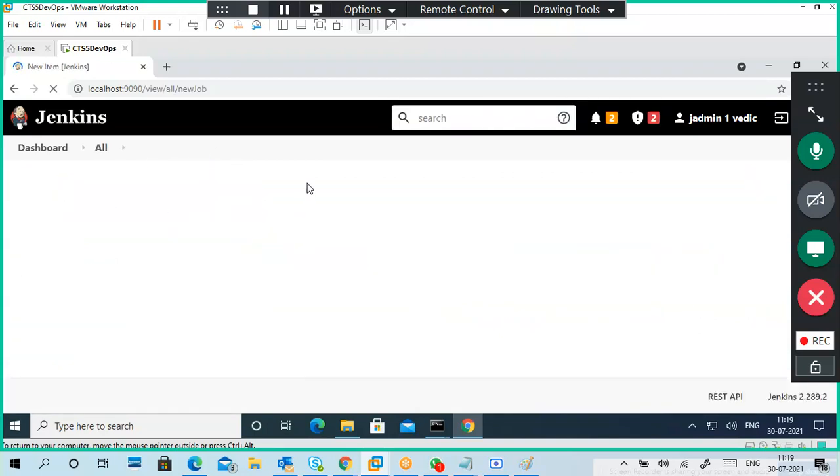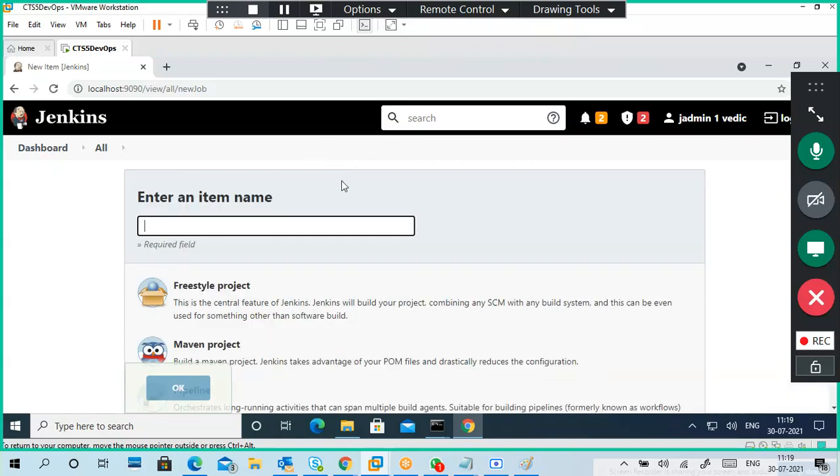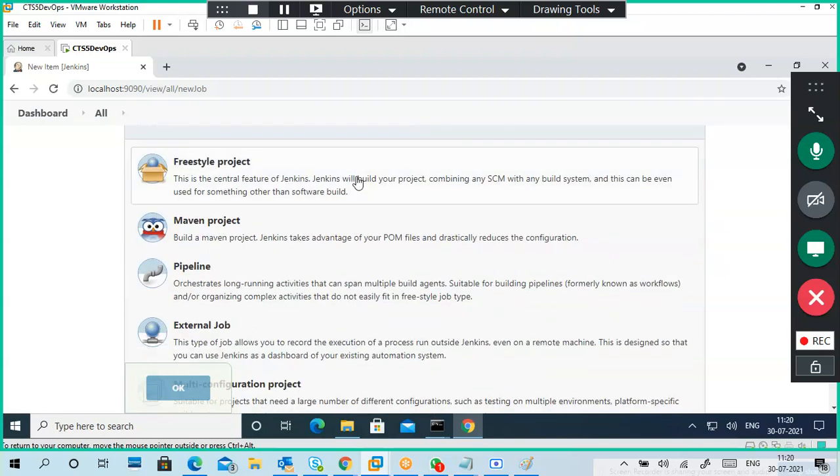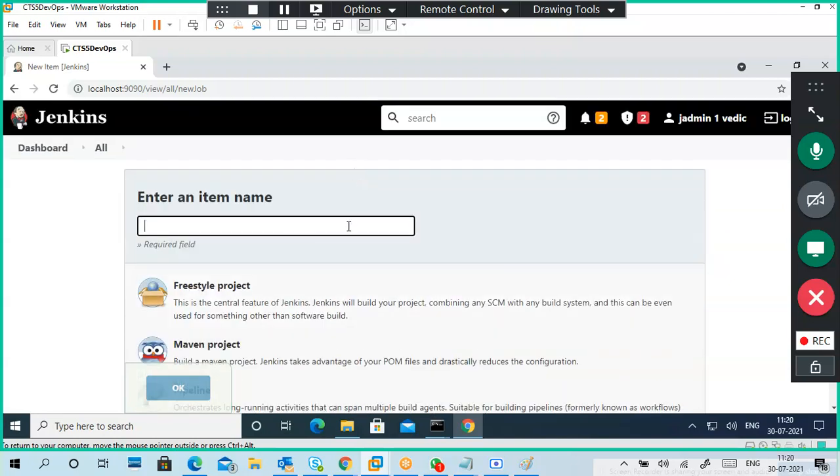Guys, try to note down the steps. First I went to new item, and I'm creating a new project. Demo cmd1; you can put any name, but I put it just to remember. My project name is demo cmd1.